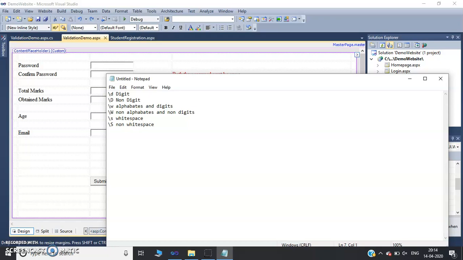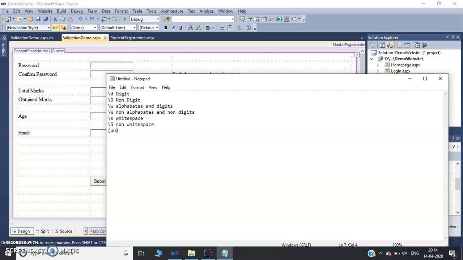Similarly, if you want to make a group of multiple characters, then you can specify those characters by using round brackets. So if you mention in brackets AB, it will be considered as a group, so you have to enter both the characters sequentially.